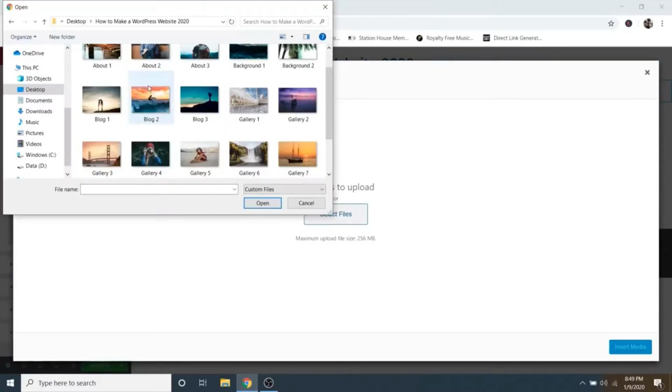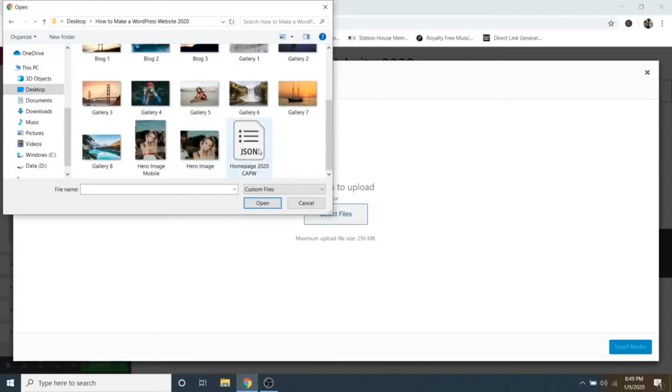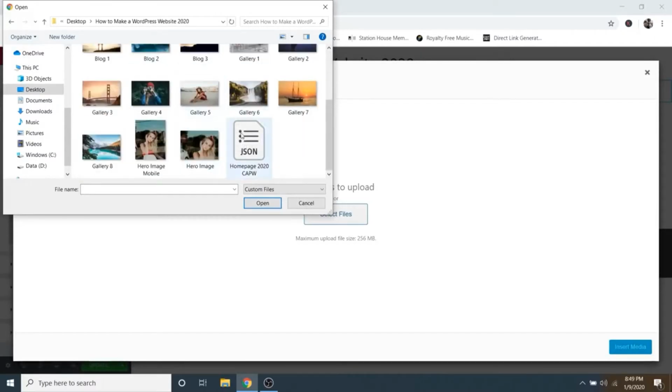All right, so I've actually provided all of these images for you as well as the website template in the description below. So if you do want to follow along with all of these same images, then go ahead and click on that link and download them. Okay, so if you are, I'm going to go ahead and click on the hero image right here, and then